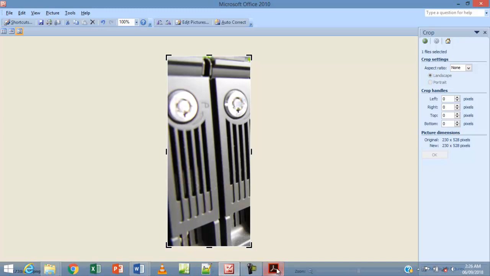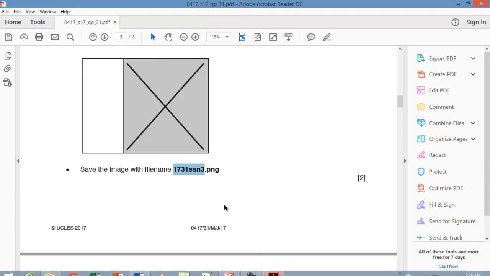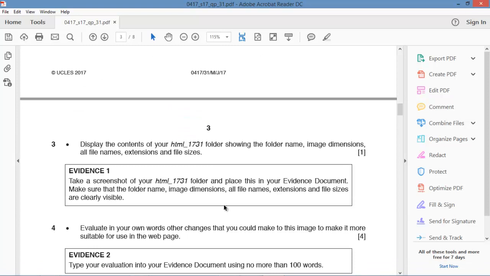All right, so the next question is: display the contents of your HTML_1731 folder, showing the folder name, image dimensions, all file names, extensions, and file sizes. Okay, so what I'm going to do, first of all, evidence 1, take a screenshot of your HTML